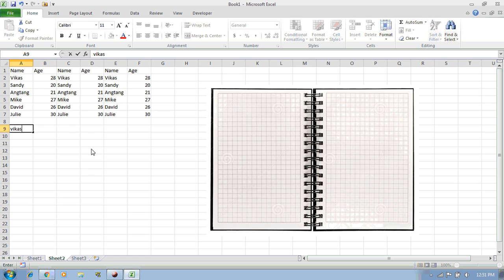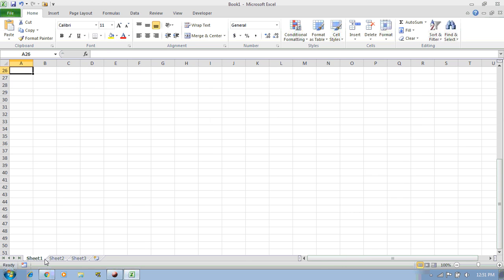Just for example, Vikas and Sandy have $23 and $37, and if you want to sum up both, we can just use the sum formula here and it will calculate. And if I make changes in the money of Vikas, it will recalculate the sum, but that is not there in the notebook. But that is not the scenario which I am going to explain. I am just showing you the example of the sheets.